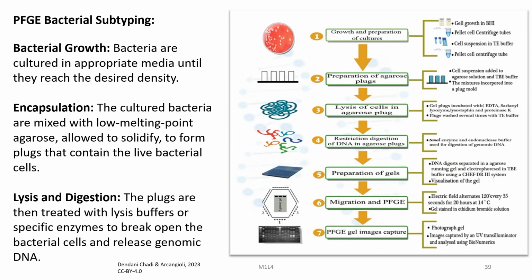So, there are various ways for bacterial subtyping using PFGE. Here is one of the methods. Bacteria are cultured in appropriate media until they reach the desired density, and these are then encapsulated with low melting point agarose, allowed to solidify to form plugs that contain the live bacterial cells. So, in the second step we are preparing the agarose plugs which contain the live bacterial cells, and then these